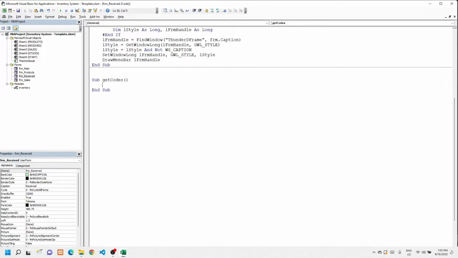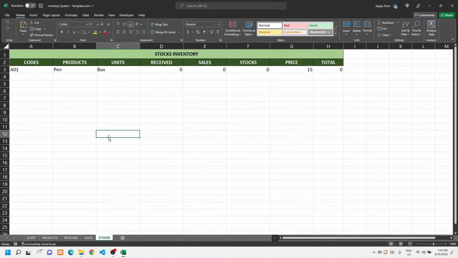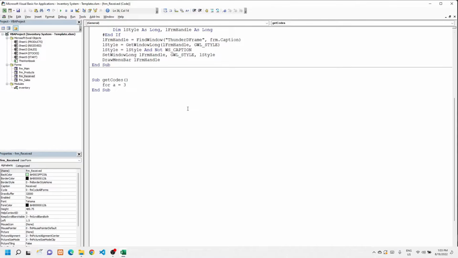we will start creating a loop. So I will be using a for loop. So for a, we will start with 3 because the first row with value in the stocks worksheet column A is 3, and that should be up to the last row with value in column A of the stocks worksheet. Next, we close our loop,